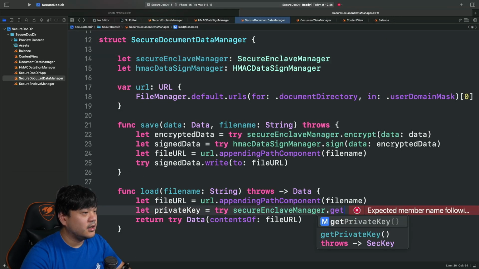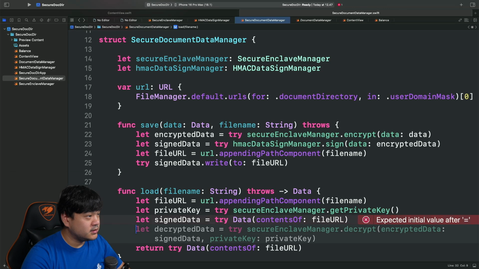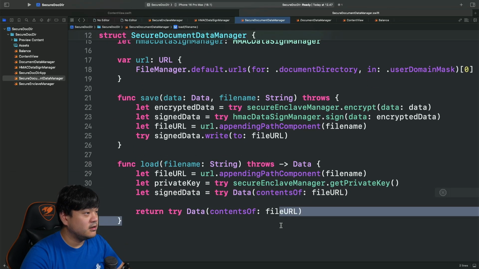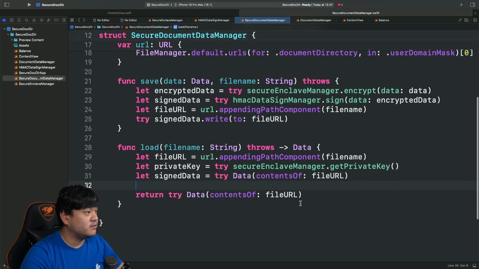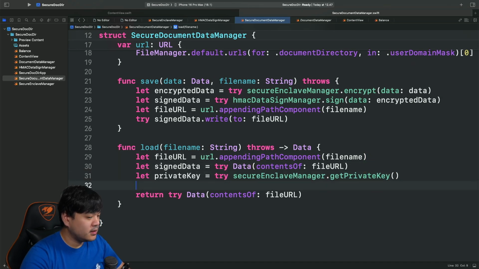So, get private key. After we get the private key, we need to continue getting the signed data. We can just initialize the data given the URL to fetch it from the document directory, and let me update the ordering.